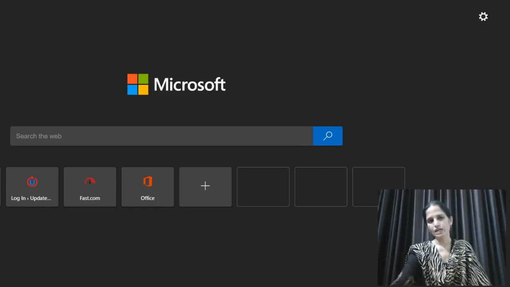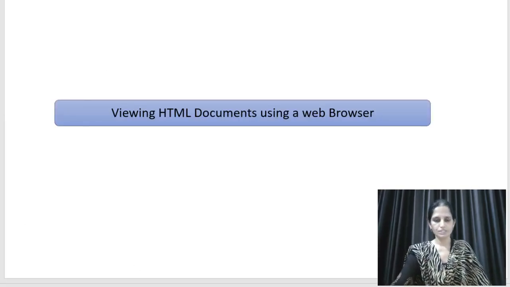Then choose your file and click on open. So this is your HTML web page. You can write your HTML page in Notepad and your result will be viewed in your web browser. This is the simple and easy way to create web pages. This is your simple HTML web page.